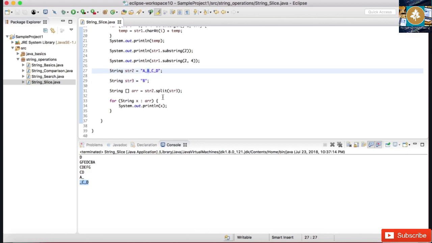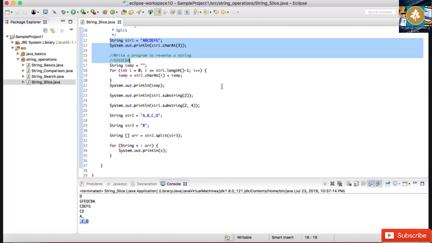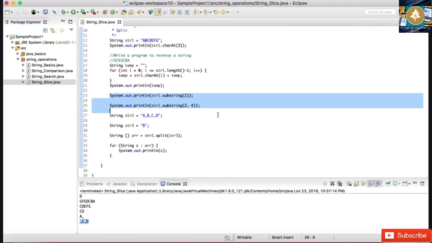Okay, so three simple operations: getting the character out of the string and getting the substring out of a string using begin index and end index, and